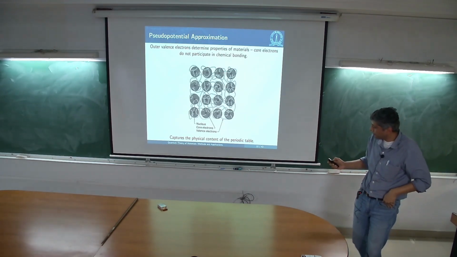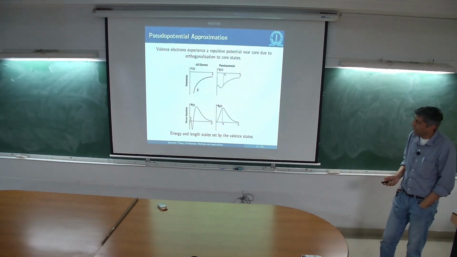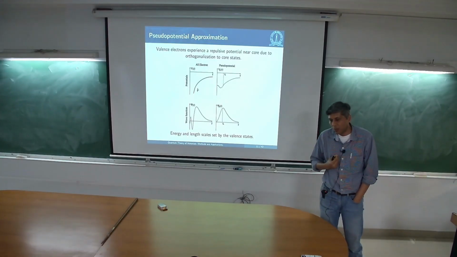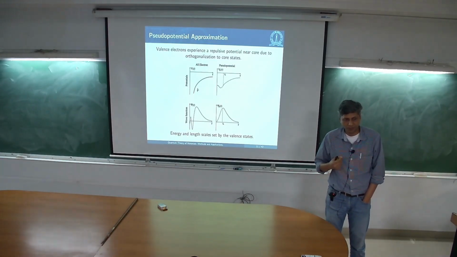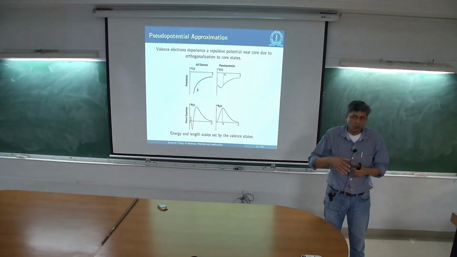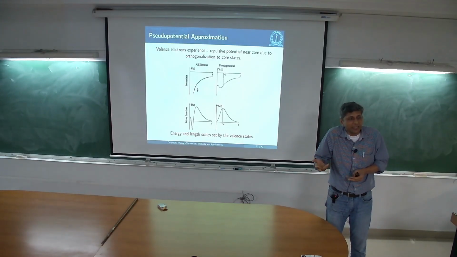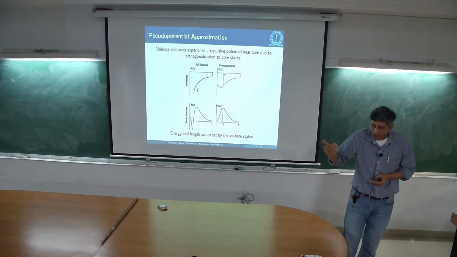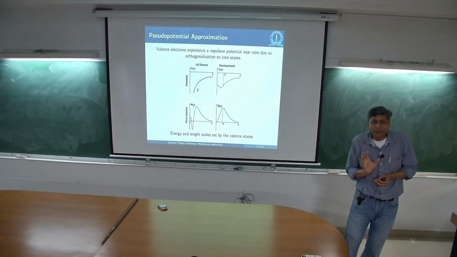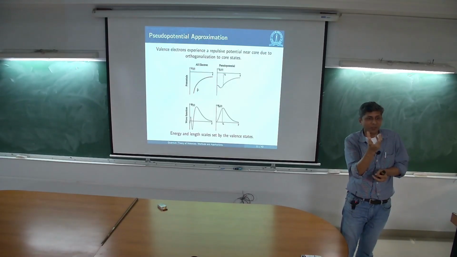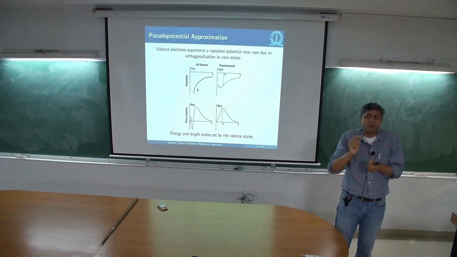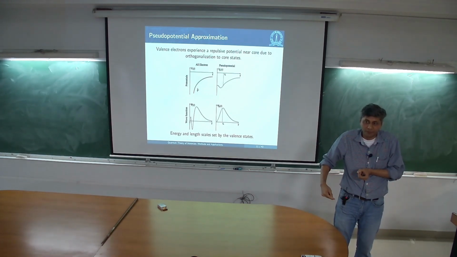Yeah? How does one go about doing that? So this is a very simple idea. If you think about the valence electrons, you say, okay, look, what is the potential that they see? One of the things that happens is that the valence wave functions have to be orthogonal to the core wave functions. So in some sense, the valence electrons get pushed out of this core region because of the fact that they have to be orthogonal to all the states below them, right?